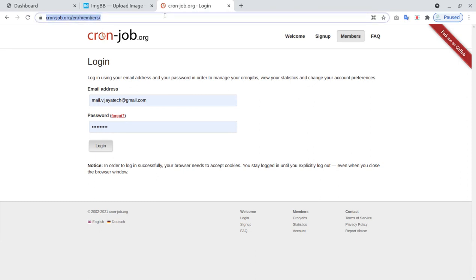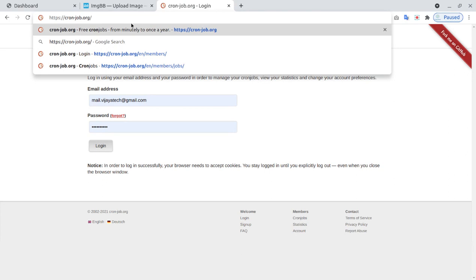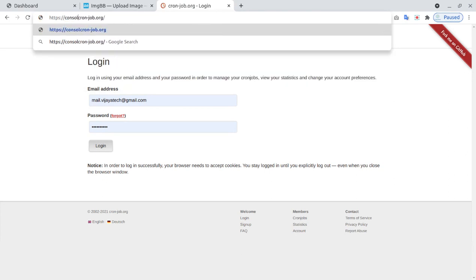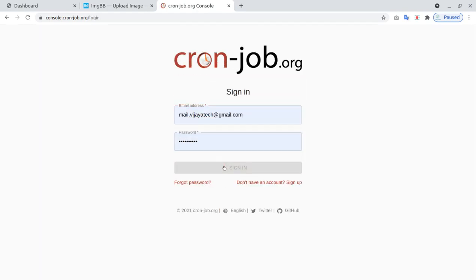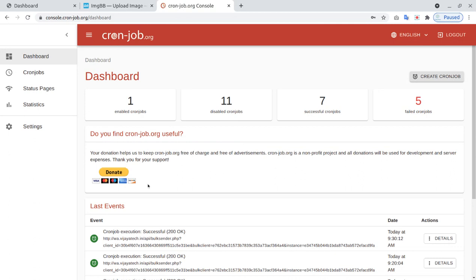Here they have some latest dashboard, and you can use the same logins. I already have an account here, so I'm just logged in.